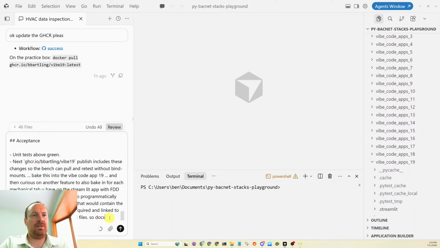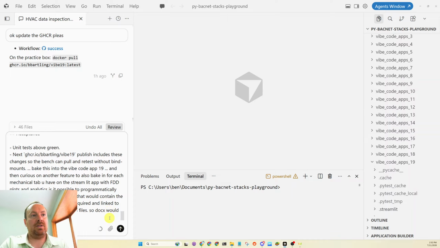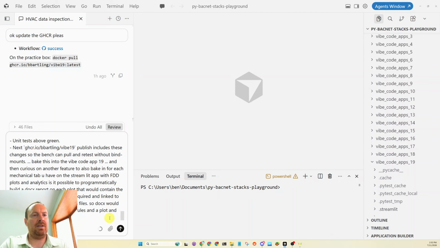So the docx would contain all 50 fault rules, all fault rules, the plot, then the data model points required, and then